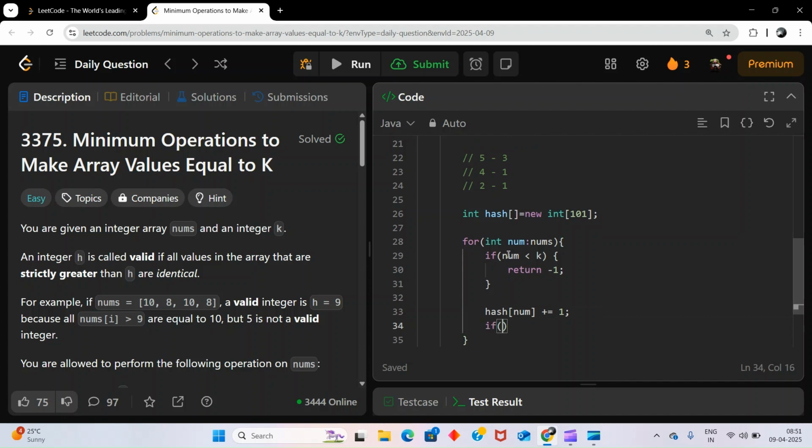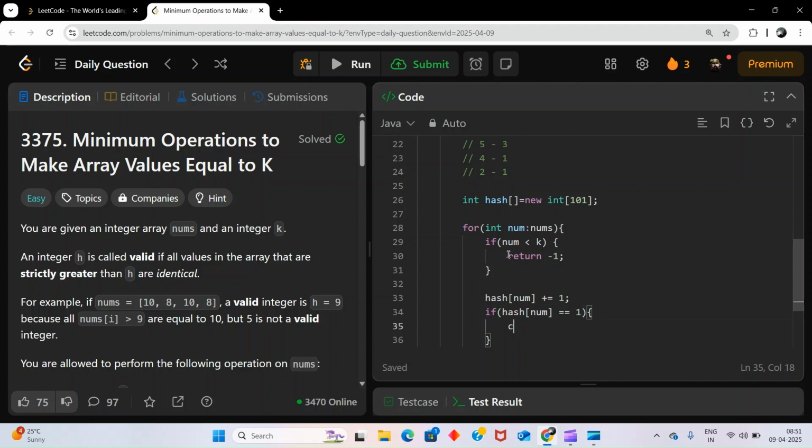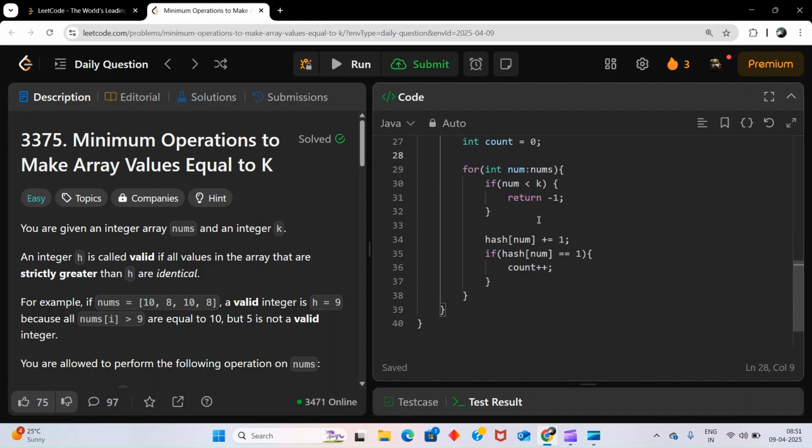And if hash of num is equal to 1, then I will increment my count. Why I'm doing this, let me show you. And count is equal to 0.